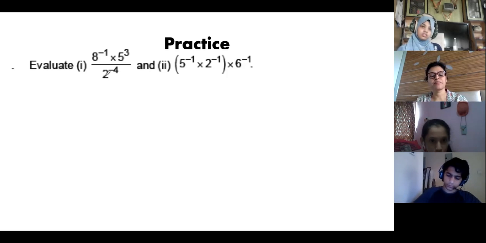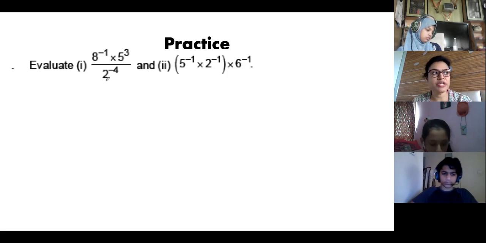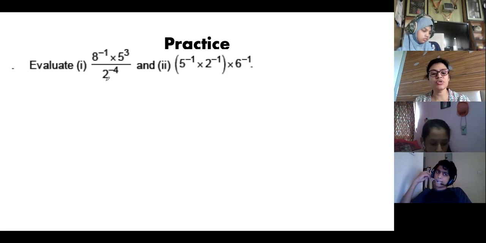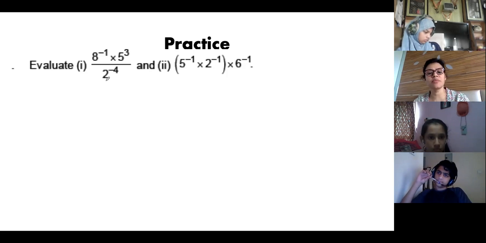So, ma'am, we can solve 2 raised to 4 also, na? You can solve it, I'm telling you to solve it this way. It takes less time. See, in maths you can take a longer method also or a shorter method also. Since you have learned the rules, you use the shorter method, so that you don't have to multiply so many times. Here also, why I am telling you is so that you are comfortable using it.